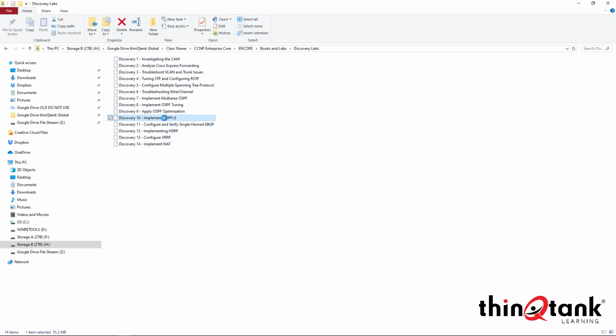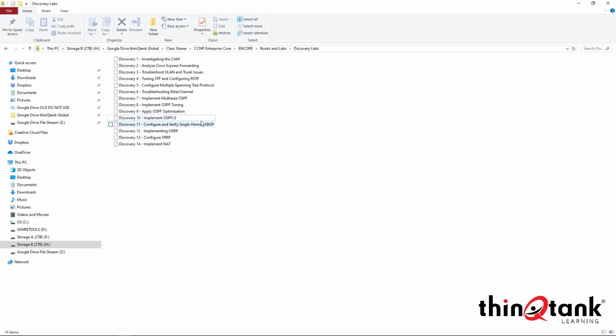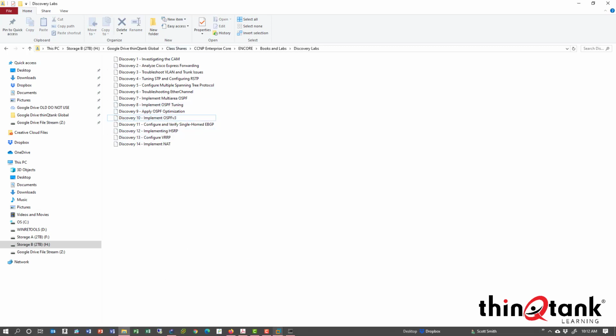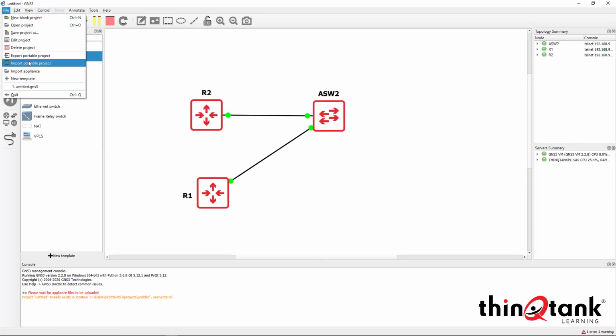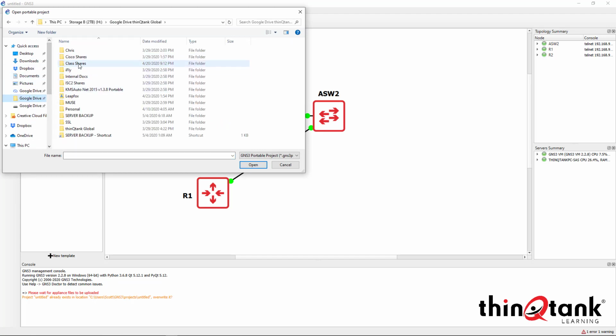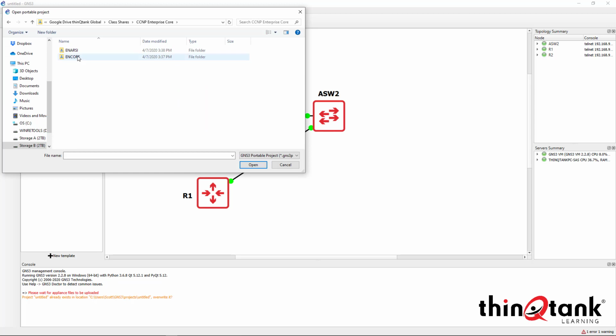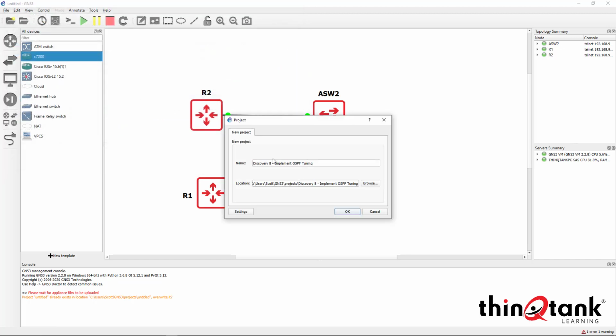The files are not very large, which makes them very portable. They're only about 35 megs each, depending on the topology. The wonderful thing is that when I want to use this project, I can go back into GNS3 and simply say import a project. Go to the directory where I saved that single project file, and import it. Then it's going to try and create a project for me,